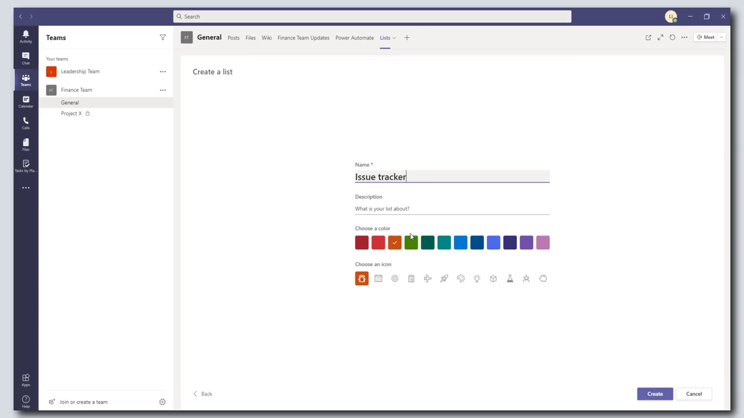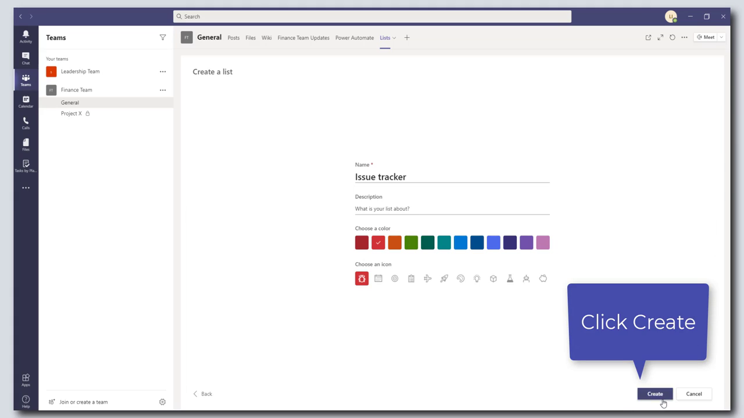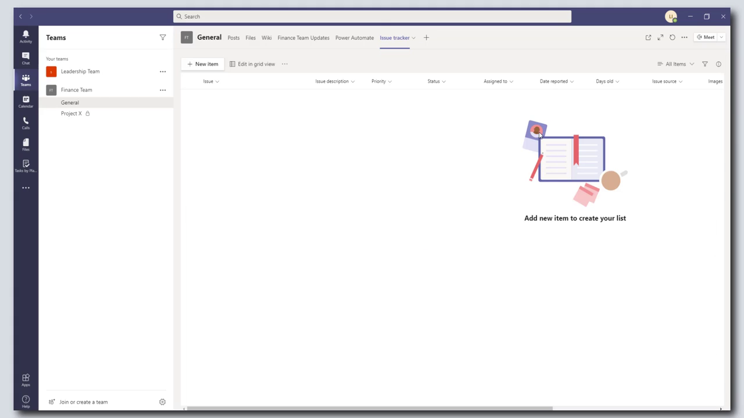I'm going to leave this, but if you wanted to, you can change the name of your list. You can provide a description. You can also pick a color for the theme of your list. I'm going to go with red, and then you can also choose an icon. In this case, I'm going to leave it as this bug. The last step here is to click Create. And there you go. Our issue tracker has been added as a tab in this channel of this team,